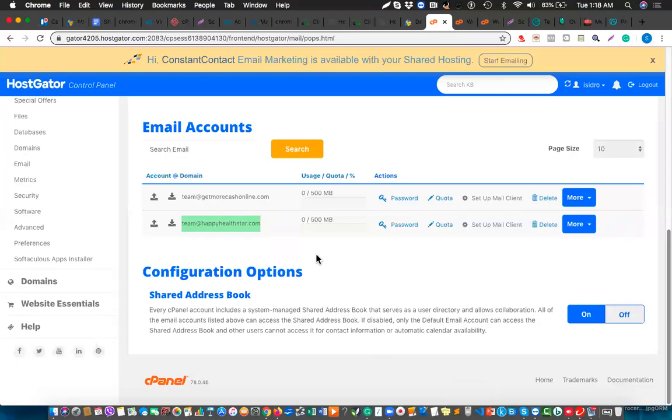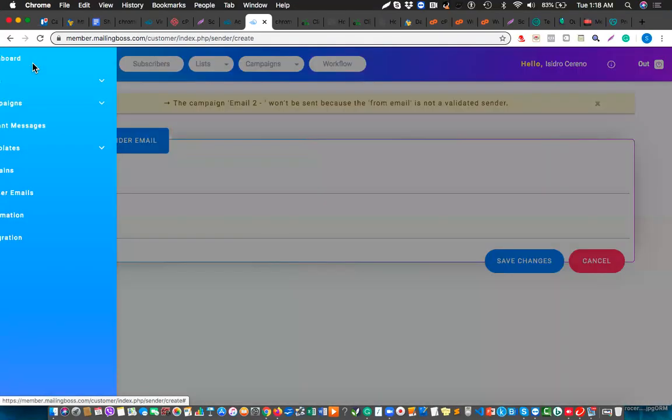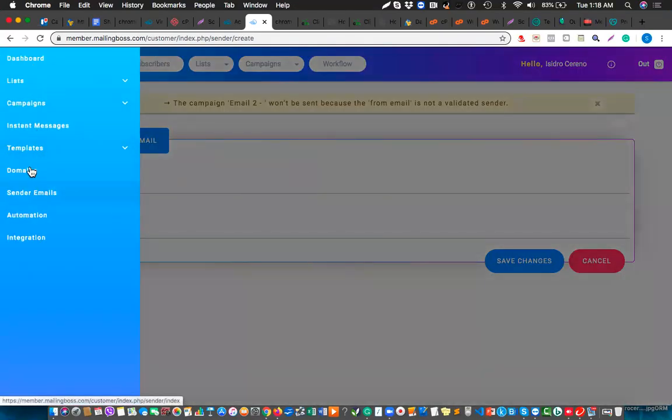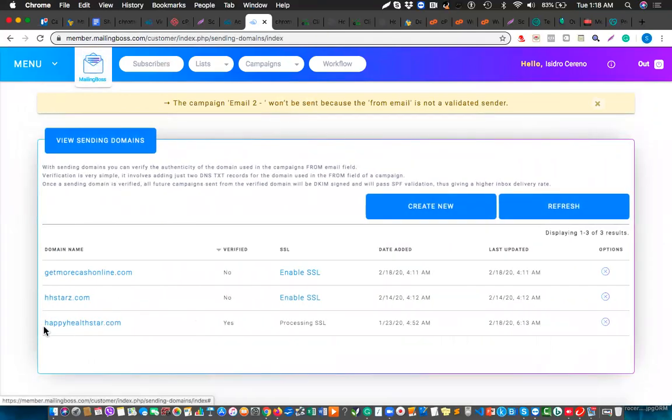Okay, now in this subject, what we're going to do is add this email to your Mailing Boss. So we're going to copy this email that we've made and we will go to Mailing Boss and then we will click here and then we will go to domains. And because this domain is verified here, it says yes, so we are good to add the email for